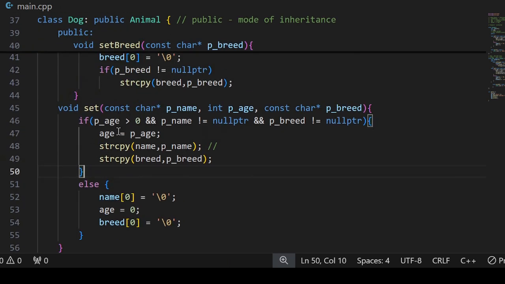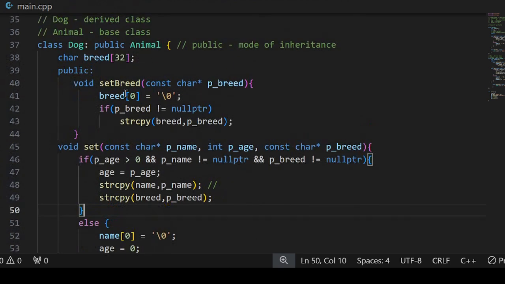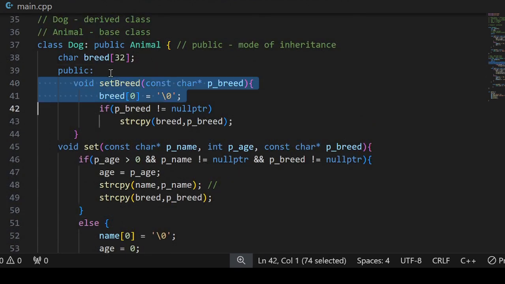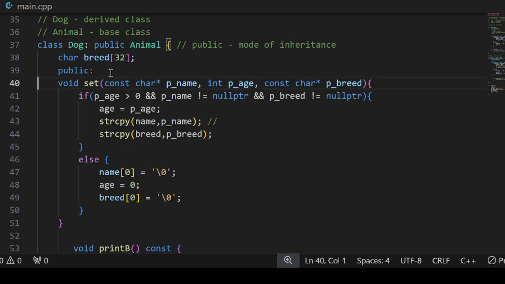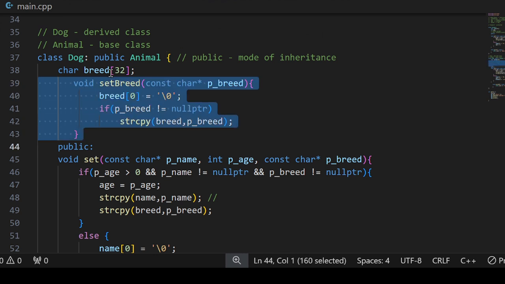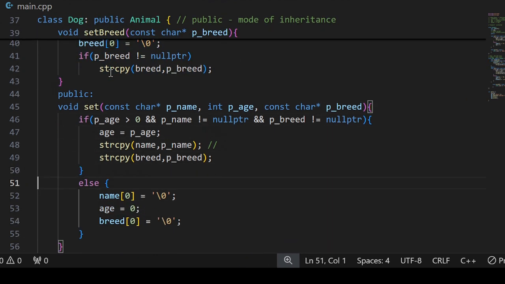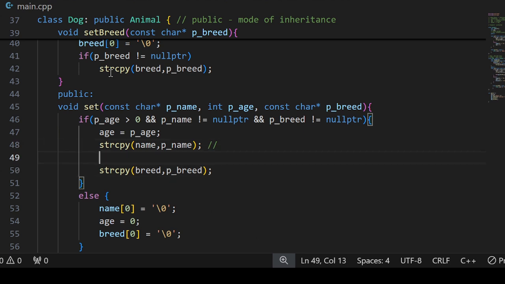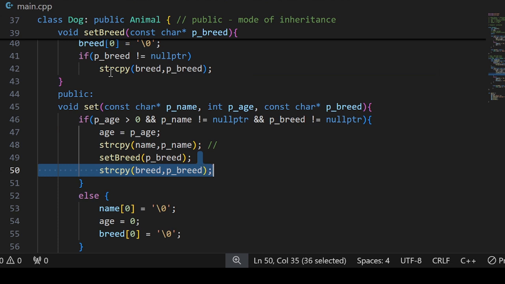For example, if I call this set function from the derived class, let me just remove this thing. I don't need this. Maybe I can move this to the private space so that I may be able to call this when I want to set this breed, maybe here. Instead of doing this, I could call set breed and p. So